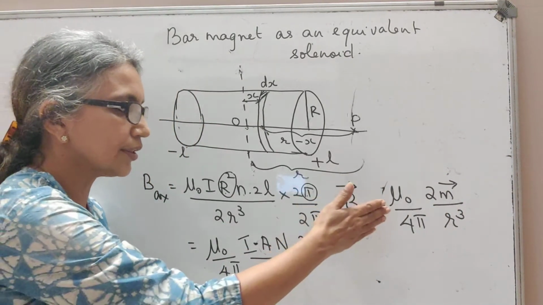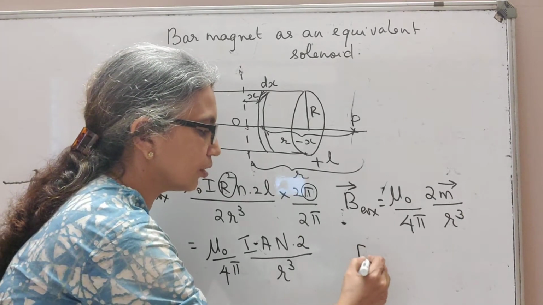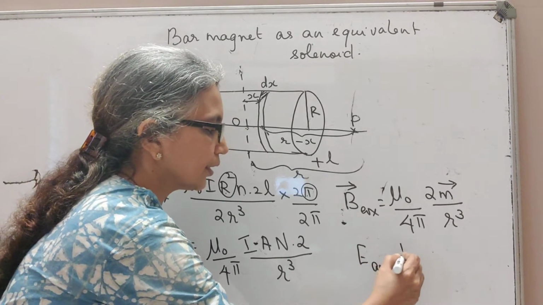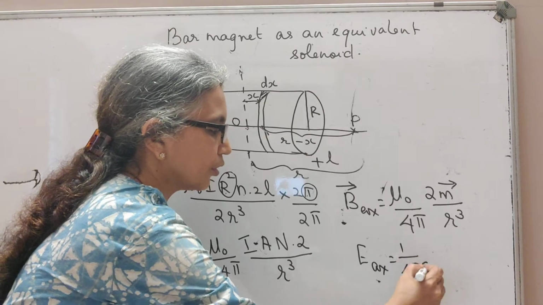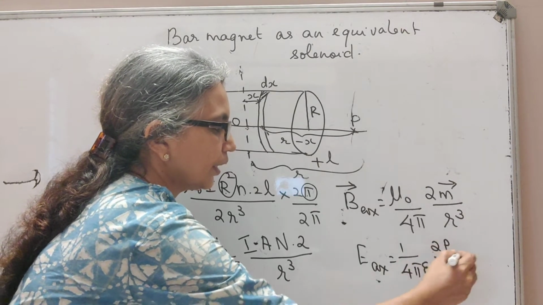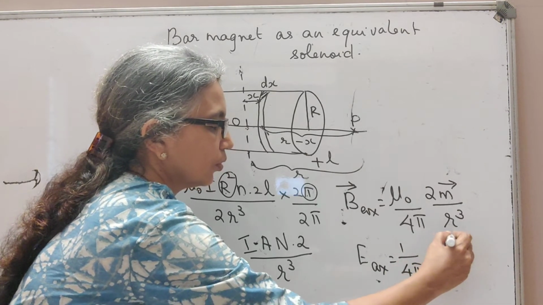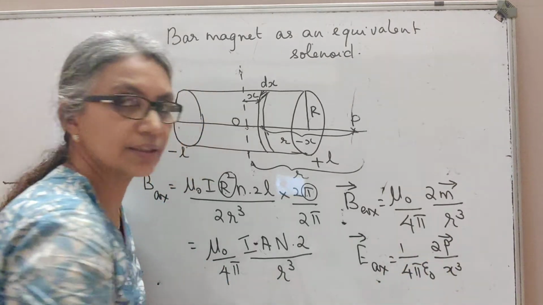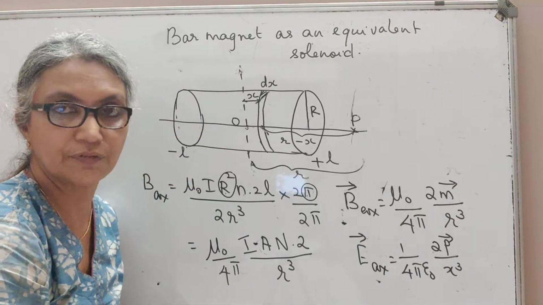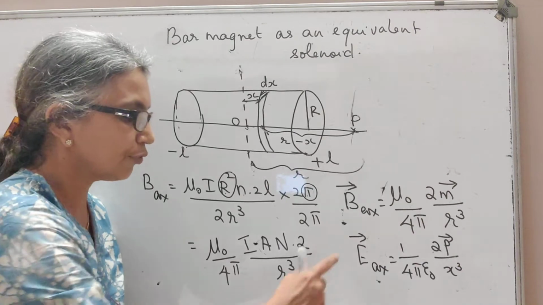So you will see that this is very similar to, or analogous to, our equation E axial as 1 by 4 pi epsilon 0 into 2p by x cube, where x is the distance of the point P where you are finding the electric field from the center of